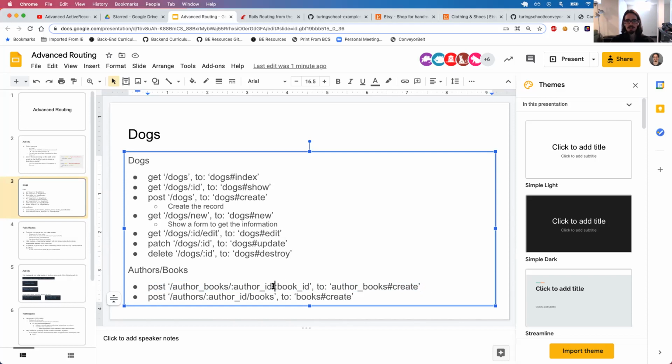Another thing to point out here when it comes to RESTful routing is typically when you have an ID in your route, you first identify what that ID is for. So if I'm posting here to author books, I wouldn't just want like 2 IDs in here. I would want to say this ID is for the author by saying author/ and this ID is for a book by saying book/. So typically you don't just throw in the ID, you first identify what is the ID for, and then give the ID like